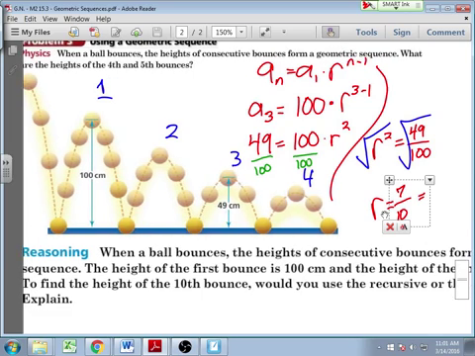It's easier. Not saying it's better, but it's easier when we just leave it as a fraction and figure out our ratio that way. So what we see is that because of gravity, and I don't know exactly what type of ball this is, but because of gravity and the recoil of that ball, every time we bounce, we're doing what? Taking